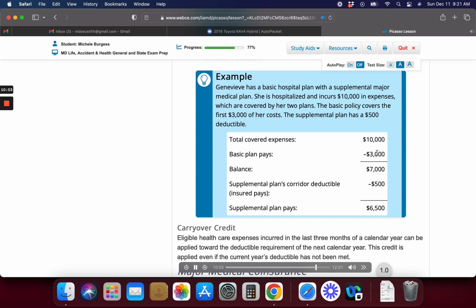The ACA prohibits pre-existing condition exclusions in health insurance policies. All medical expense insurance policies issued since the law took effect in 2014 must accept applicants regardless of pre-existing conditions and cover these conditions as they would any other. For your review,